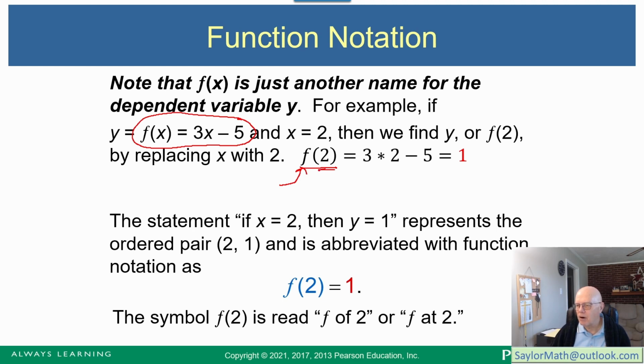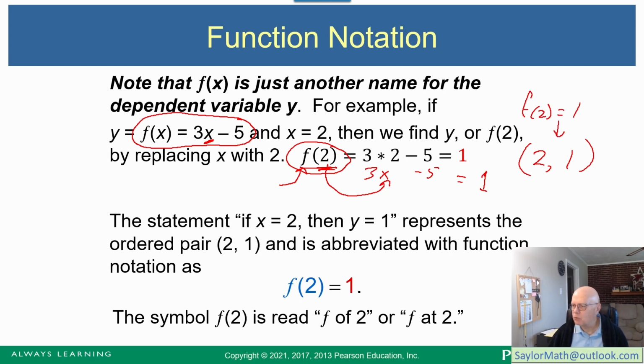And this part right here means you're going to take the 2 and place it where the x's are in the function and get your answer. So here's your 3x minus 5 with the 2 put in where the x is. Just evaluate that, and there's your second coordinate. So another way of looking at it is, you got an x of 2 and a y of 1. So f of 2 equals 1